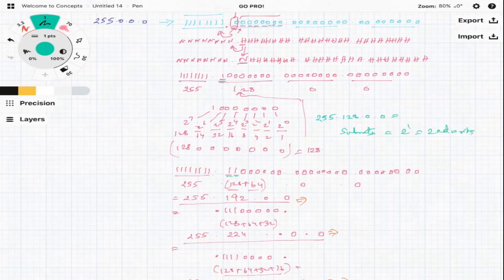Here we have borrowed two host bits, so the total number of subnets is 2 power 2, that is 4 networks. Here 3 bits have been borrowed, so it is 2 power 3, that is 8 subnetworks. And here 4 bits have been borrowed, so it is 2 power 4, that is 16 networks